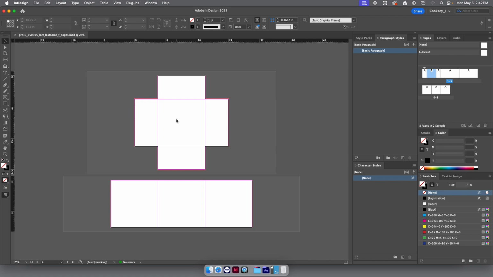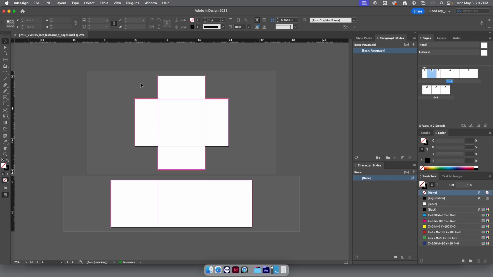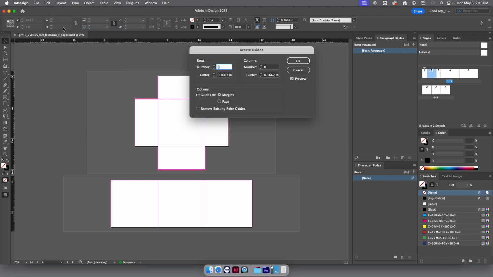Find out which is the center page. And if you need to, you can use the page tool and then just click on one of the panels and you can see which page it is. And so there it is right there. For me, it's page 2. And then I'm going to go back to my selection tool and I'm going to use my guide creator. So I'm going to go to Layout, Create Guides,